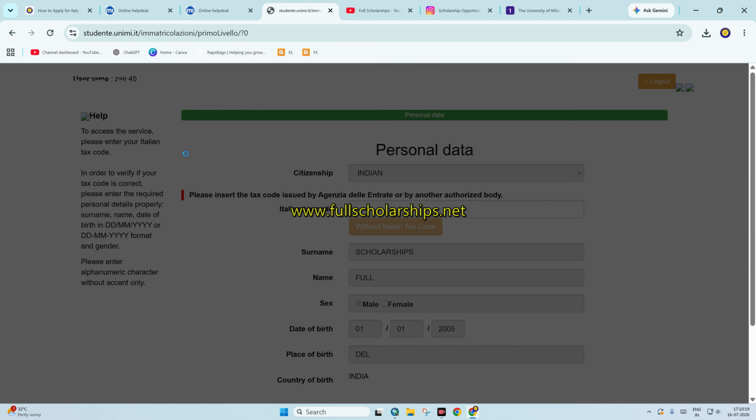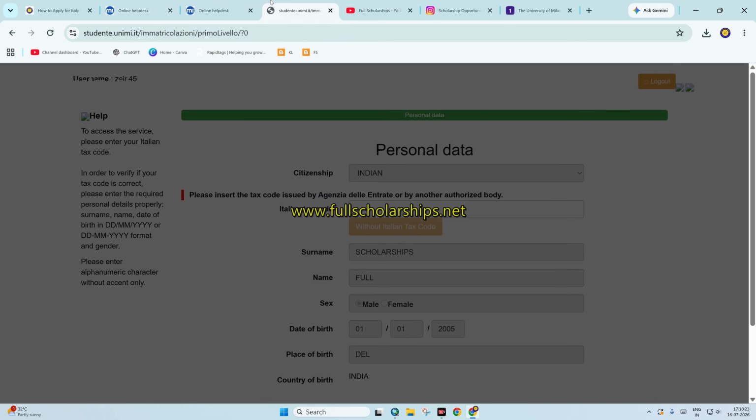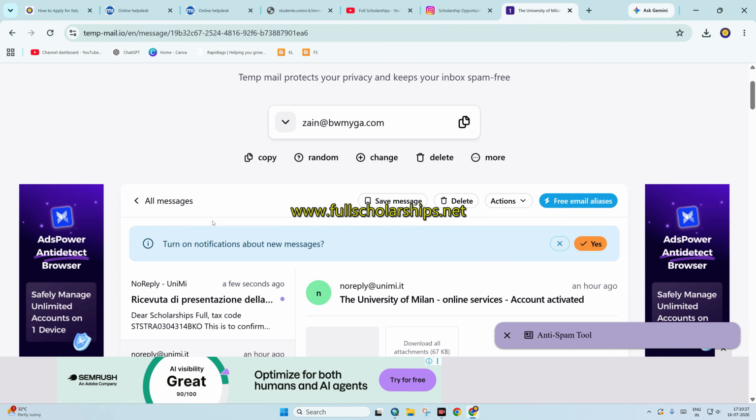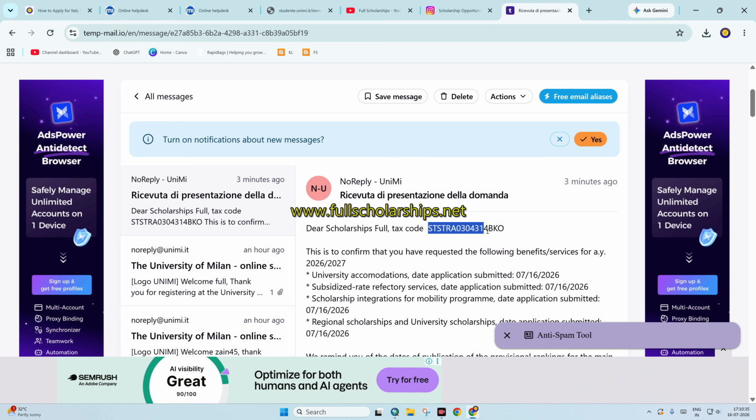So you can fill this form here for the bachelor's, master's, or PhD. Same process. In case of confusions, you'll receive an email as well. You can see the tax code as well. Let me copy this tax code here.